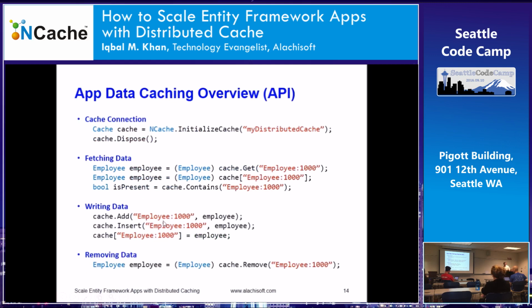Just an overview of what a caching API looks like. You'll connect to the cache. In case of NCache, it is initialize cache. Other caches might have other names. So you get a cache handle and you keep it. And then you do a cache get, contains, add, insert, remove. Insert means add it if it doesn't exist, otherwise update it. So that's the same as the ASP.NET Cache object paradigm. So very, very straightforward API. Of course, there's more to it than this, but